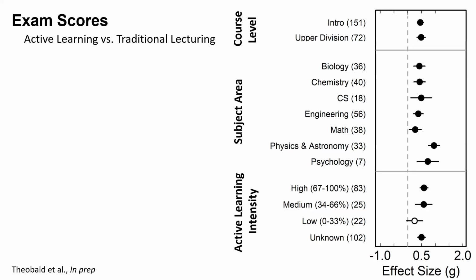The question I usually get is, whoa, if I start doing active learning, I need to cut content, right? Because in a lecture, it doesn't matter. The instructor doesn't know how much the students are learning. They're just going along and saying their thing. So I think you're exactly right that in active learning classes, you're probably not covering as much, frankly, but students are learning way more. Does that make sense? I don't think it's a problem.